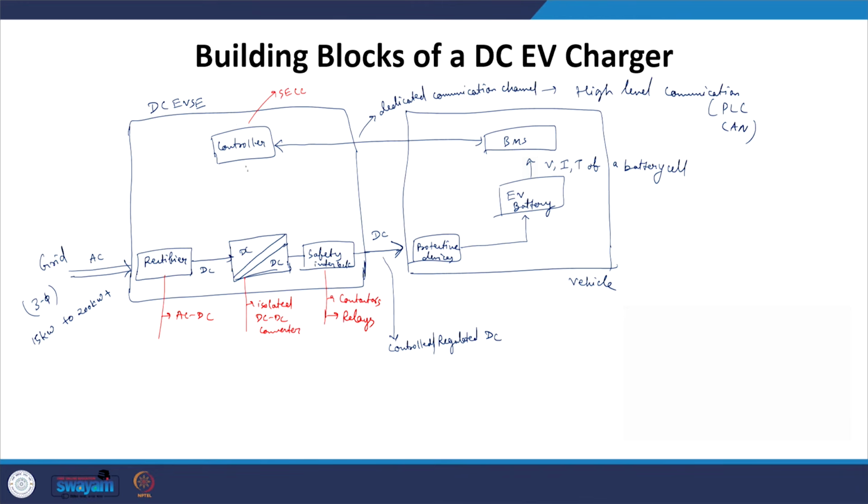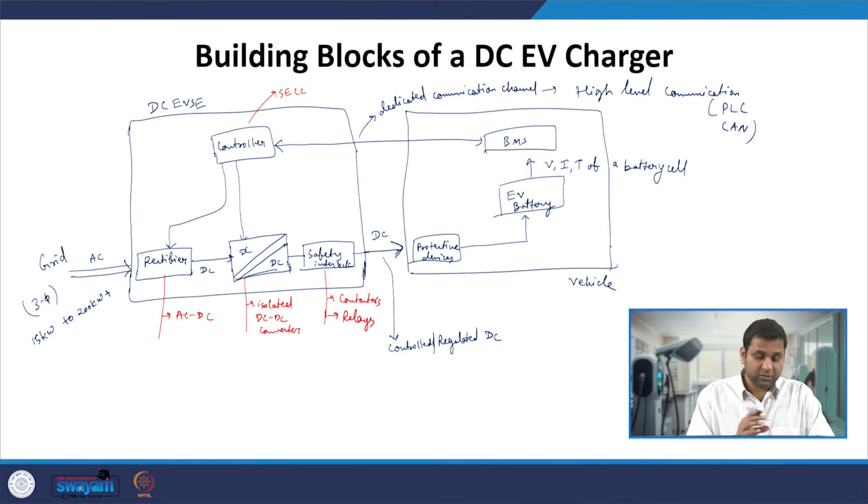and this controller will then be used to define the different phase shifts or different duty ratios of the power electronic switches which are being used in this rectifier and the DC-DC converter. So basically this controller will determine how these power converters, rectifiers and this isolated DC converter need to be operated such that the required value of DC voltage you can obtain at the output which gets plugged into your electric vehicle.